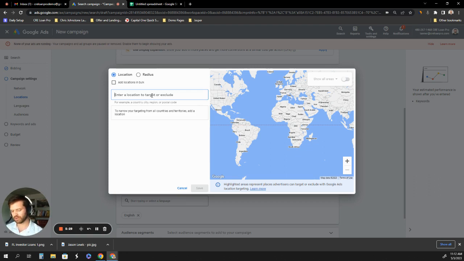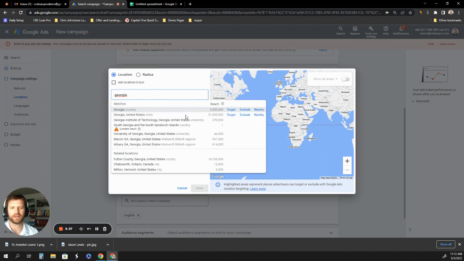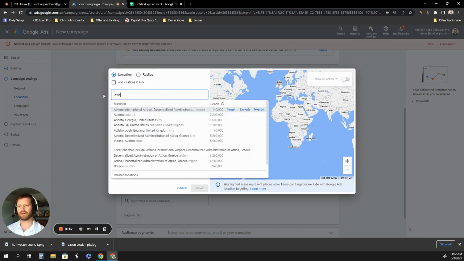So if we go to Georgia, for instance, we type in Georgia, it's going to give us a whole bunch of options here. Select statewide. Again, I do highly recommend going statewide. You just get the most amount of leads. But if you want to go to, maybe just the Atlanta area,